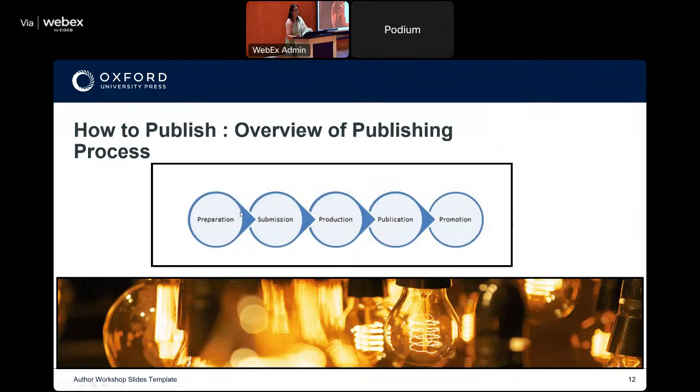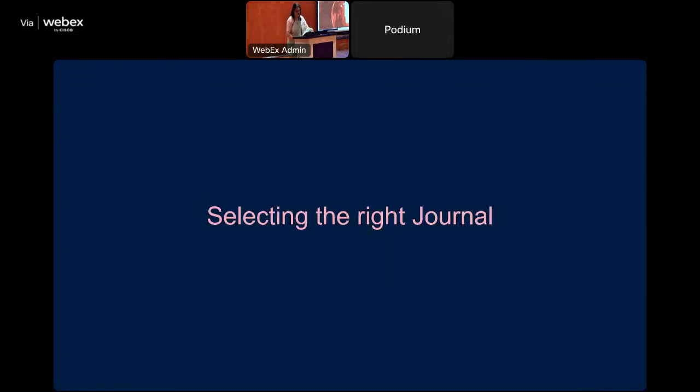The publishing process begins with preparation, the most important step. You can't start anything without preparation. Failing to plan is planning to fail. You agree with me on this? So you can't go and say, I want to do this, and then discover you don't. I want to build a house, but okay, I don't have cement. I just have bricks. What are you going to do with just bricks? You can't hold the walls. So preparation, that's the most important step. Then submission, which I will show you, production, publication, and promotion.